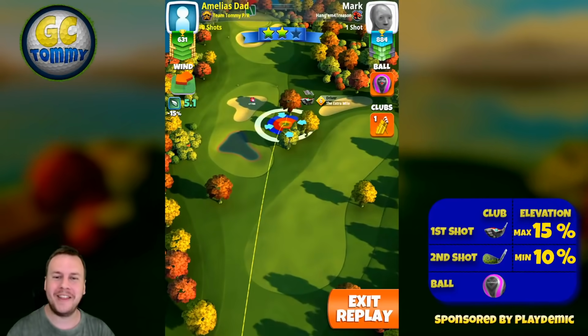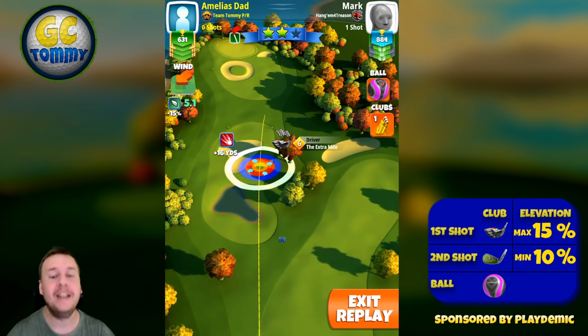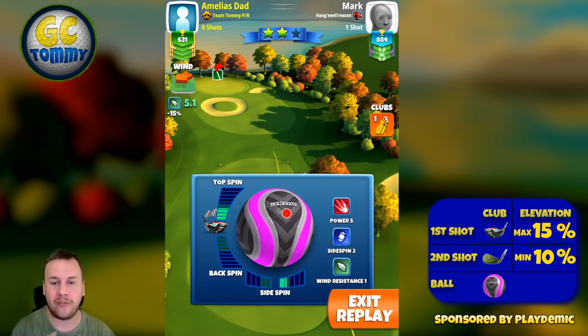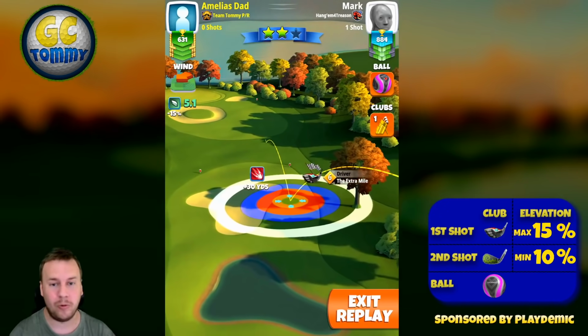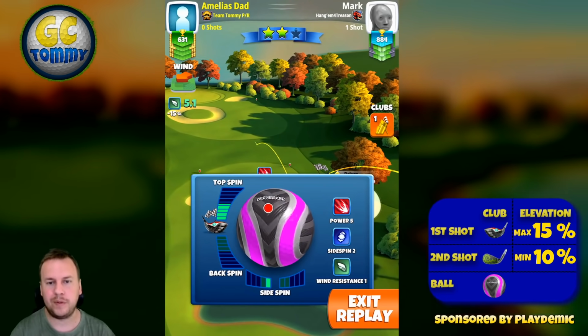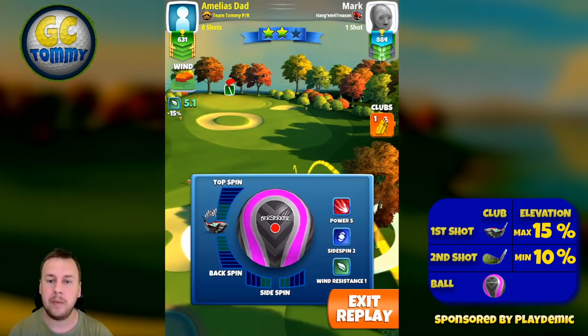Alright, for hole number 5, we are going to push this drive hard, even if we do have headwind. So, if we do have headwind, I would recommend playing with a free-to-play ball called Berserker, which you can win for free in the golden shot. If you do have crosswind or tailwind, it is enough to play with a regular power 3 ball, such as